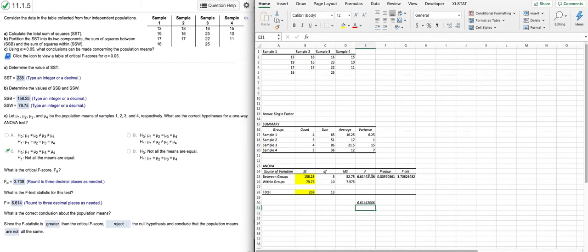And then jumping over to the critical value, the F critical value, that's calculated for us as well within the data analysis Toolpak. And when we use XLStat, it does not calculate this, but we can use an Excel function to calculate it very quickly. Go ahead and just do it here for you. We use the